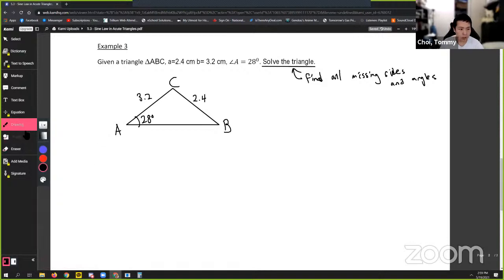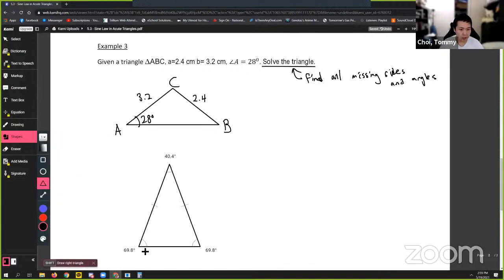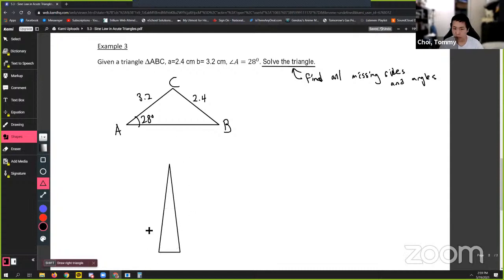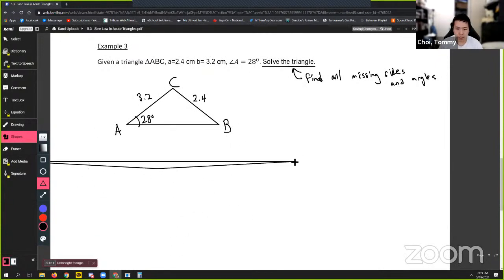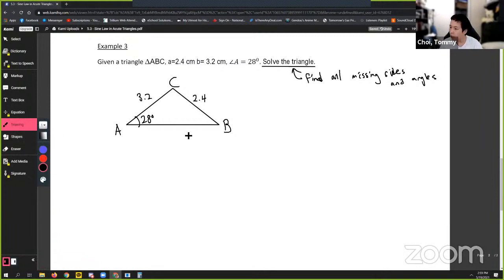Doesn't matter what the triangle looks like. You could draw a triangle that looks like this for all I care, right? I don't care what the triangle is. Obviously, this isn't exactly the most correct triangle, right? Or you could draw it upside down. As long as you're labeling it correctly, I don't have an issue, right? Label your angles. That dictates where the sides go, and you should be able to solve it. So here, before you leave,